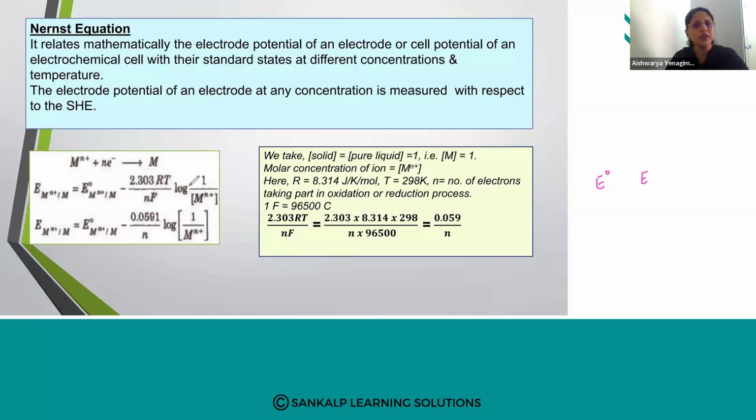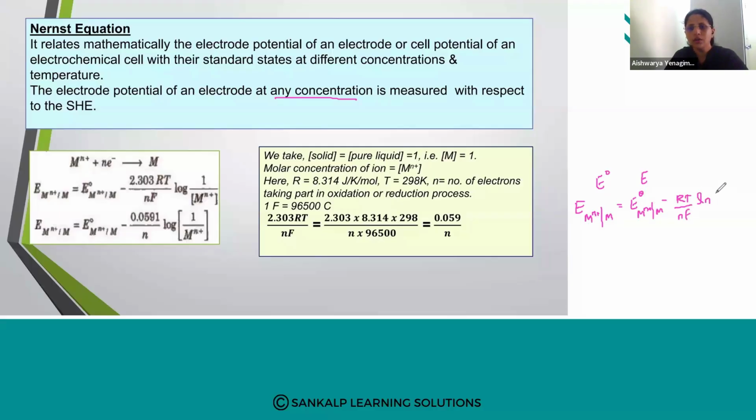Now, I want to find the electrode potential of the electrode at any concentration. How will I do it? The equation goes something like this. The reduction electrode potential, Mn plus bar M, this is gaining electrons to become M. So therefore it is reduction potential. That is equal to the standard reduction potential, Mn plus bar M, minus RT bar NF